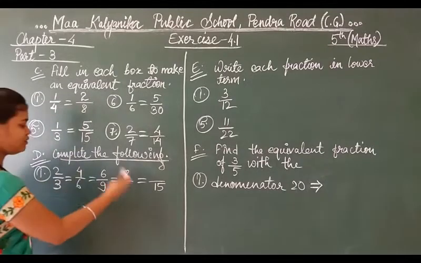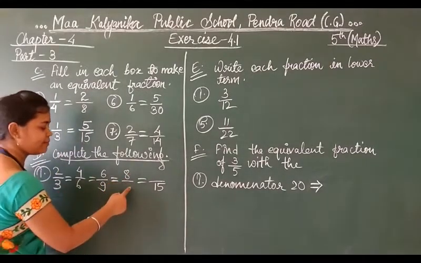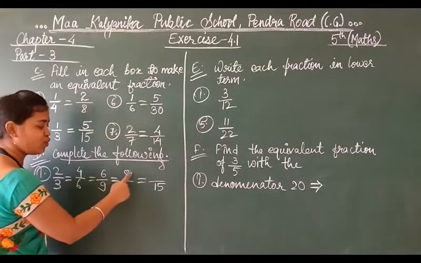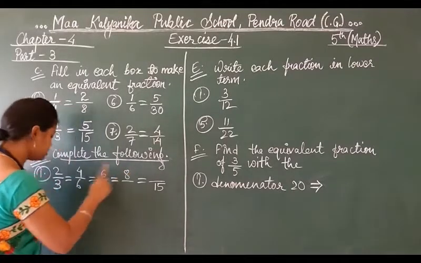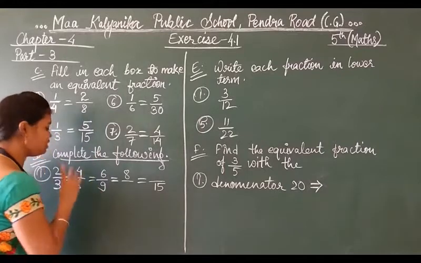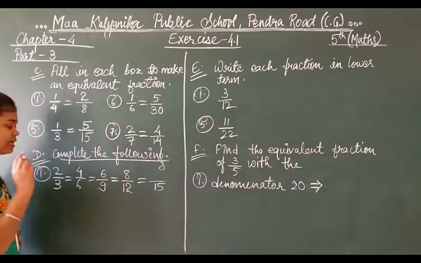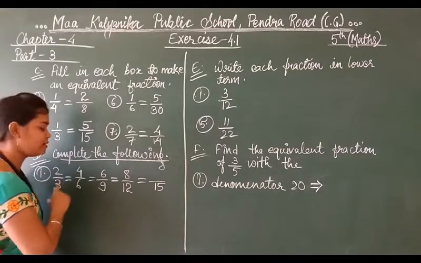Now moving forward, next equal sign, again 2 by 3, and here 8 by blank is there. So 2 4s are 8, remember 4, 2 4s are 8. So now for 3, again you have to multiply by the same number. So 3 4s are 12. Okay, clear to you? You have to take this base and then multiply one by one.